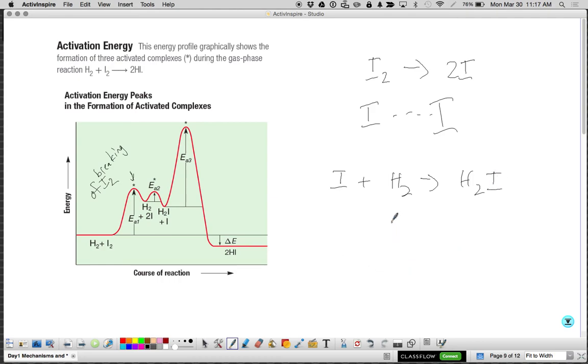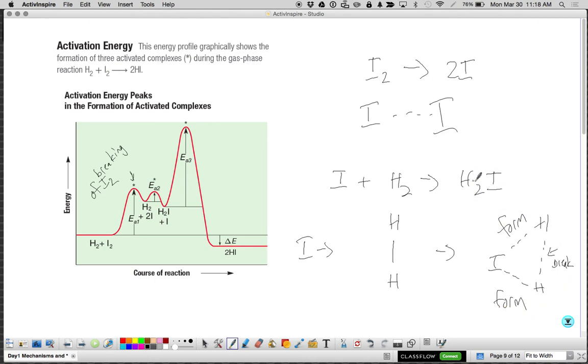So if I look at this, here's my H, here's my other H, and here's my I coming in. This activated complex here might look something like this, where this bond is breaking, and these two bonds are forming. And you're making this